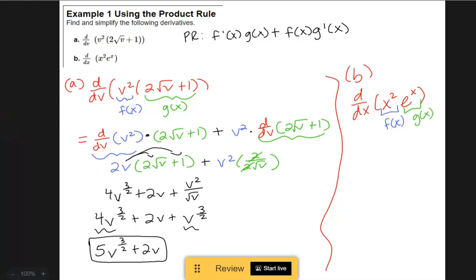So when I do my derivative, it's going to be d dx. So I'm doing d dx of x squared times g of x